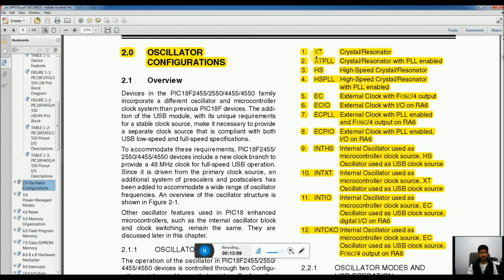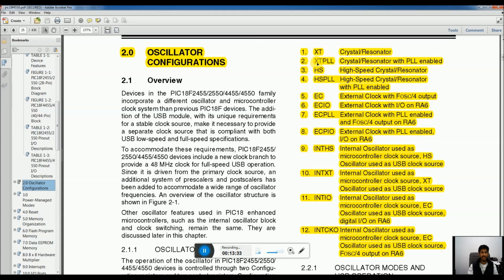The first option is XT, that stands for crystal or resonator. If we select the XT option, we have to connect a 2-pin crystal or a resonator with the external 2 pins, pin number 13 and 14 of the microcontroller, to provide it the master clock.